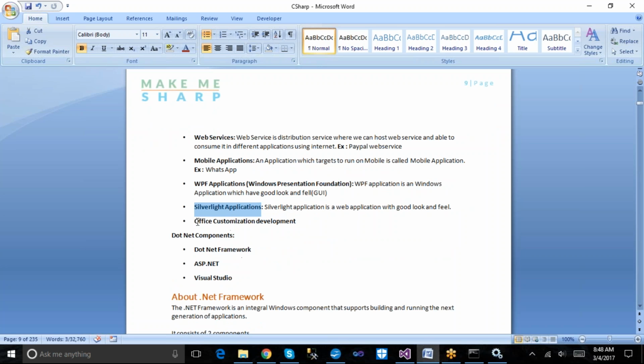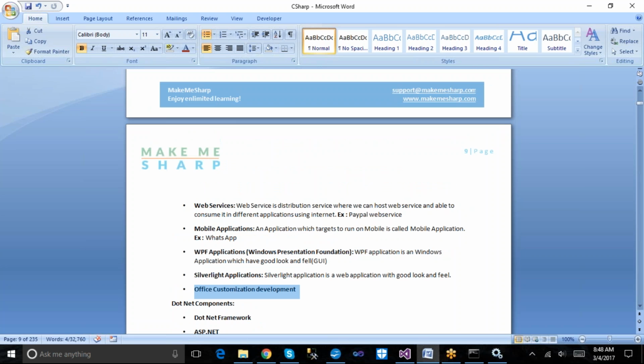And last, Office customization development can also be done with the help of .NET. So what is Office customization development? As of now, if you see, I just opened the Word document, Microsoft Word document, where I can see ribbons like Home, Insert, Page Layout.